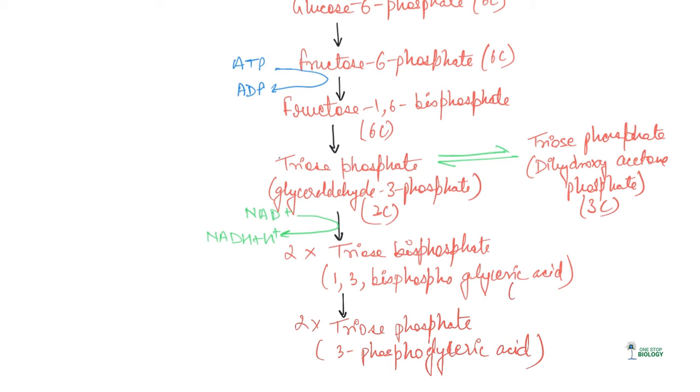If I have to just name it, both of these are 3 carbon. And here in this step, there will be production of ATP where ADP is getting converted to ATP,